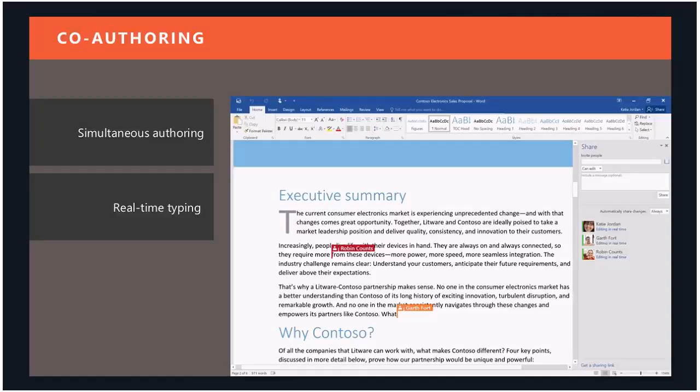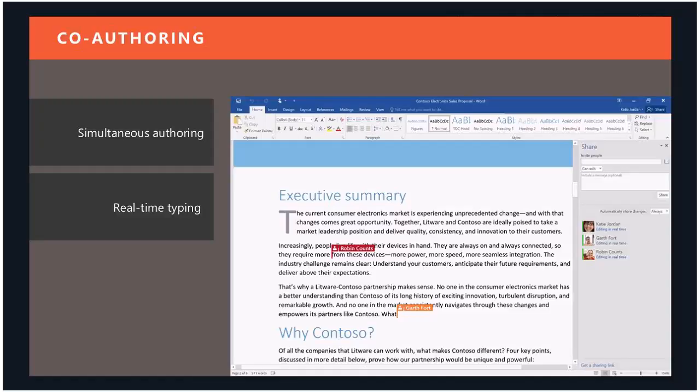you've typed them. You notice also on the side bar there, in our share window, we have who else is editing the document, and then we're seeing their Skype for Business presence built into that. So while I'm editing a document, I can see not only who's co-authoring, see what they're co-authoring, but I can also see their Skype for Business presence baked right into the document so that I can say, start an instant